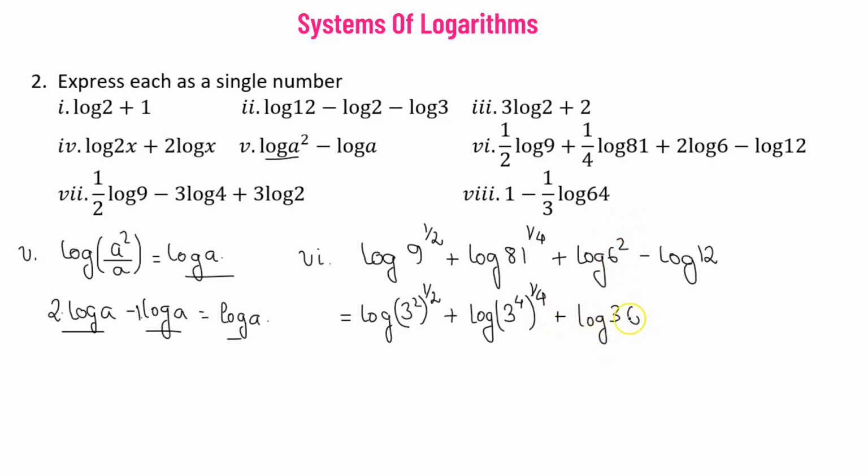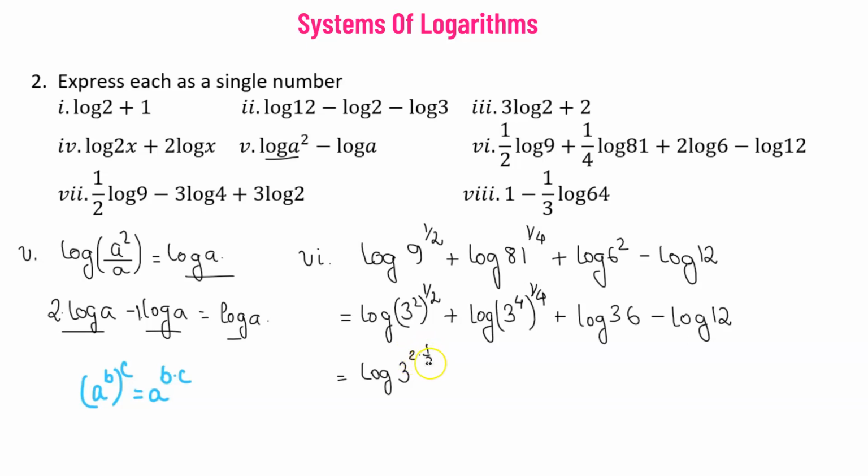So that will be 36 minus log of 12, right, which will be equal to log of, so we have 3 squared whole raised to the power of half. So we know that when this is the case, the property being, we have a raised to the power of b whole raised to the power of c. This is equivalent to a raised to the power of b times c. So if we use this property, then 3 squared raised to the power of half, this will be 3 raised to the power of